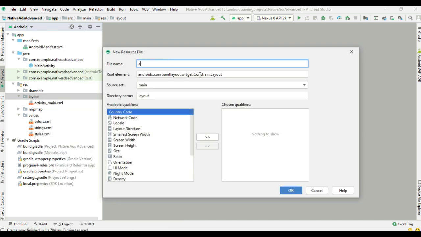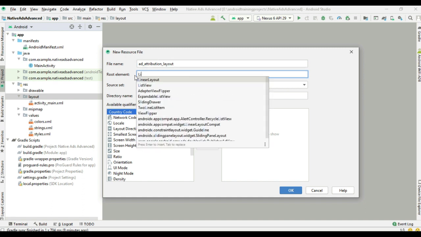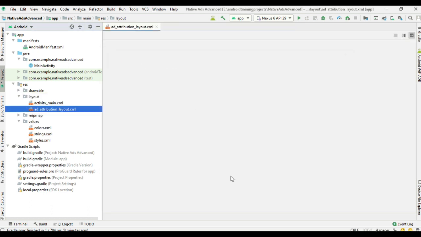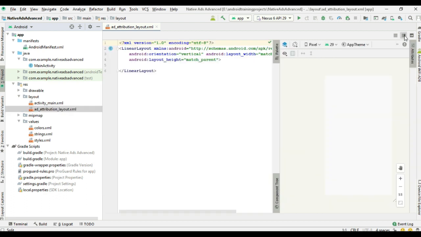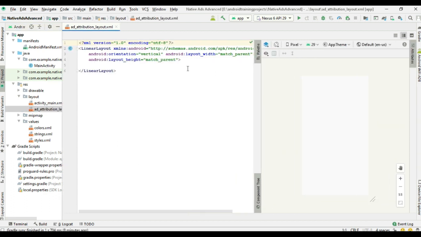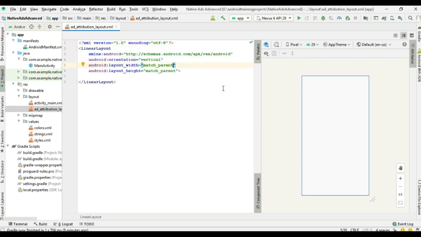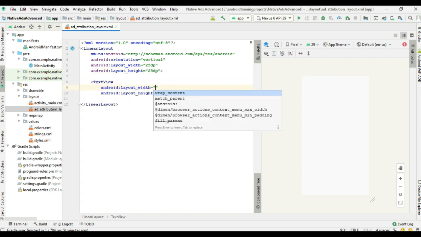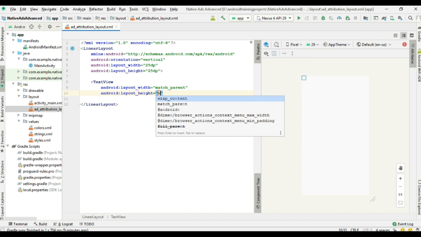Now create a layout file. So this layout is for the attribution. You must include the attribution within your ad unit. That is the policy from Google AdMob. You have to add the ad attribute manually, but the AdChoices icon is automatically added by the Google Mobile Ads SDK. So here I specify the root as a linear layout, specify width and height as 25 dp,